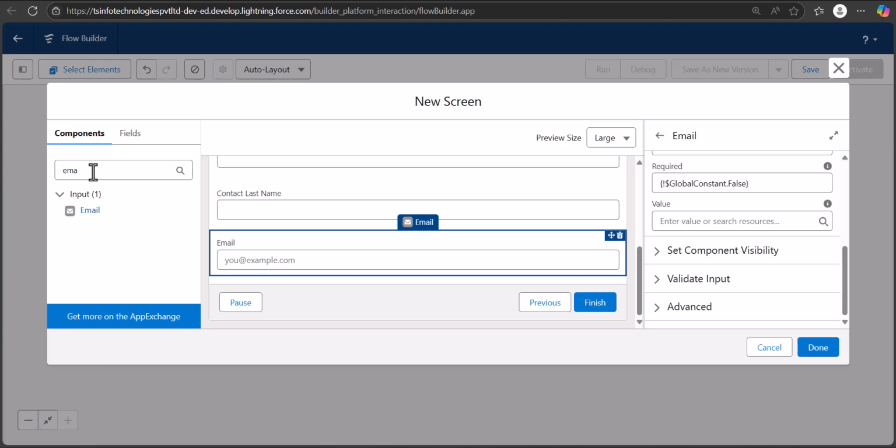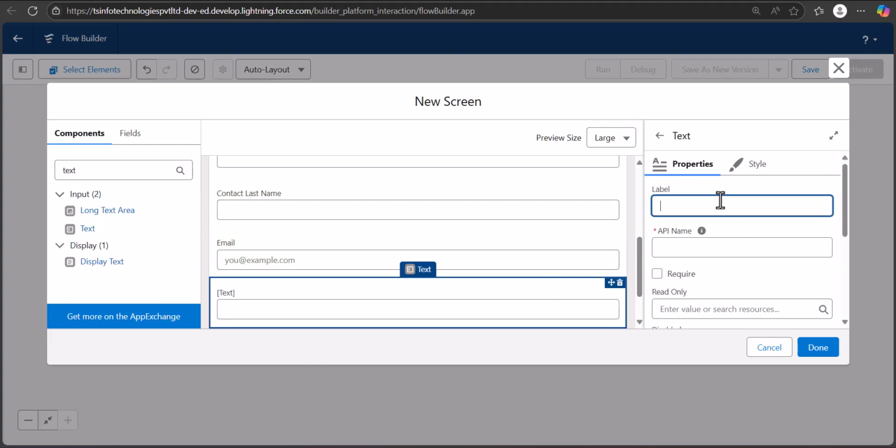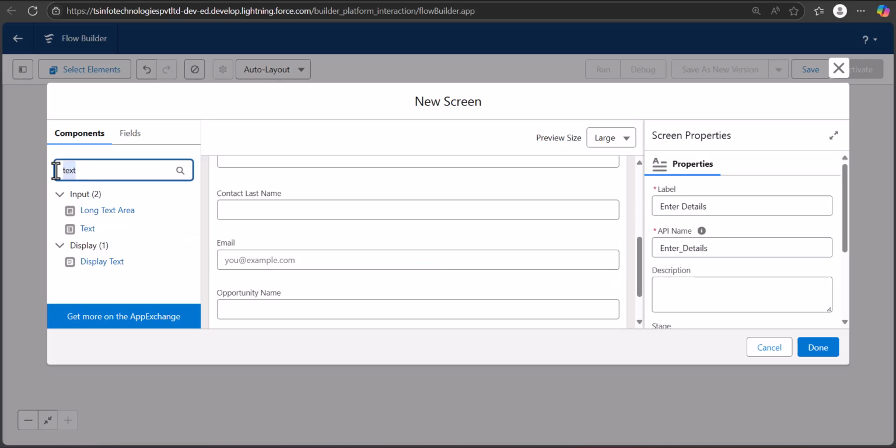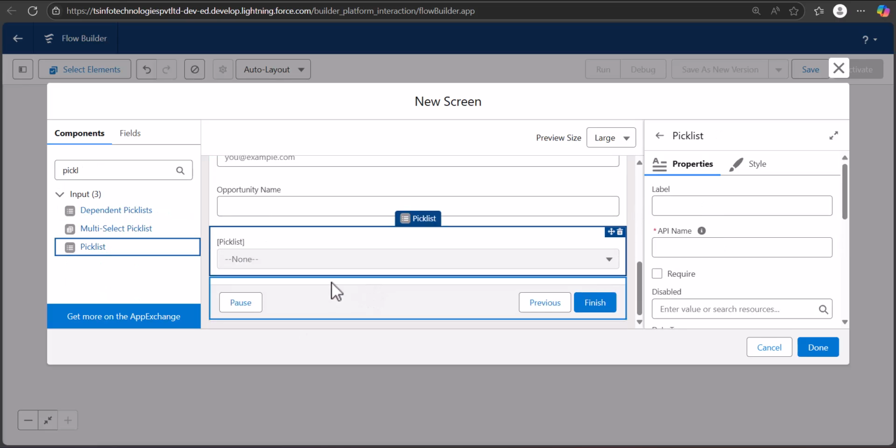Now for the opportunity object, we need the fields opportunity name, opportunity stage, and the close date. So for the opportunity name, I will again add a text field and label it as opportunity name. And for the stage, I will add pick list field again, and I will label this pick list as